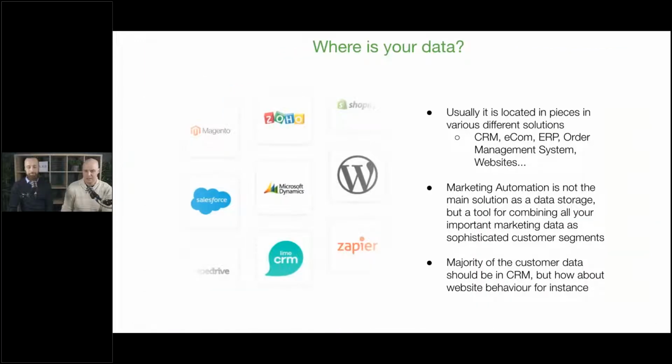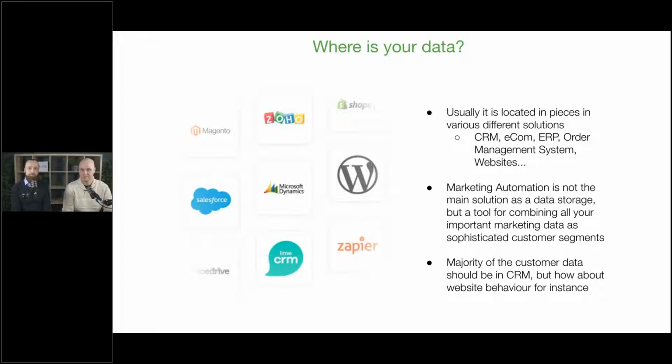So it's time to recognize what data we need, and then we have to figure out where the data is. Yeah, like I said, it's in different solutions, different platforms, and a marketing automation tool, in a nutshell, to us is a database or platform where you collect all the different data from different data sources, which you need in order to have effective marketing automation processes and messages to the customers.